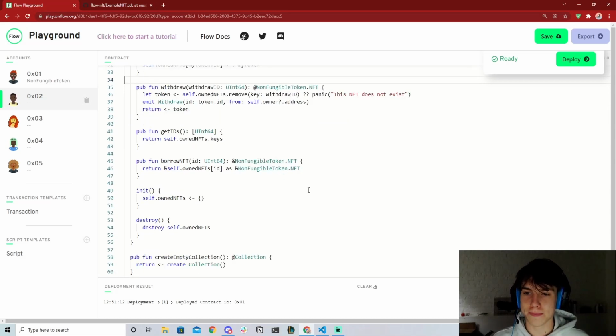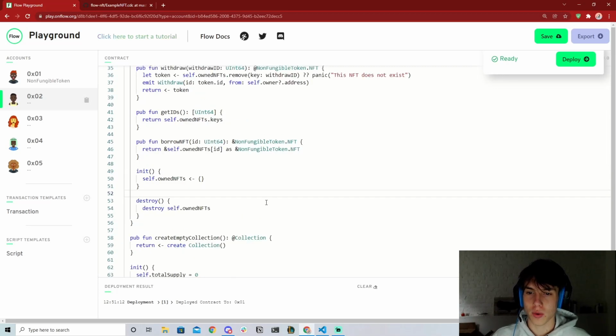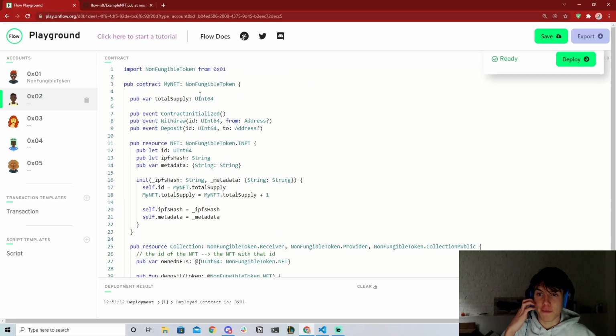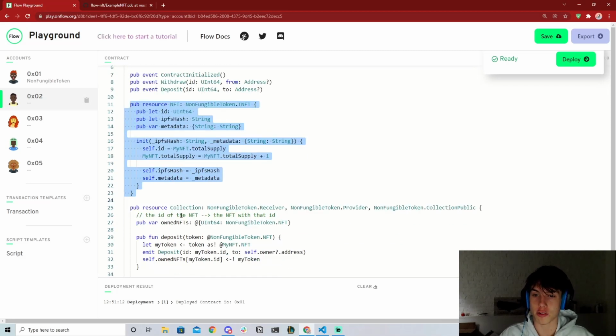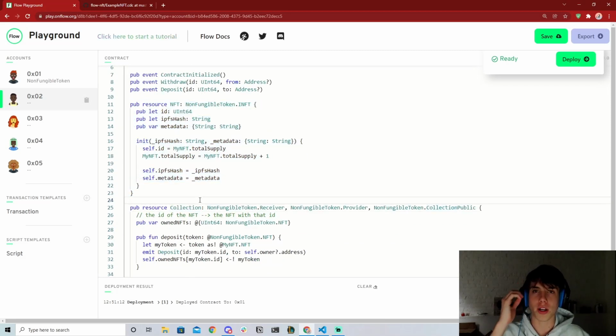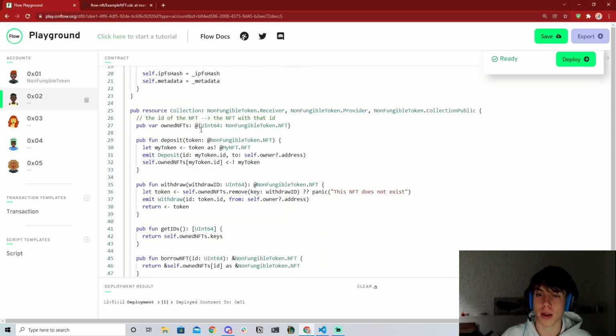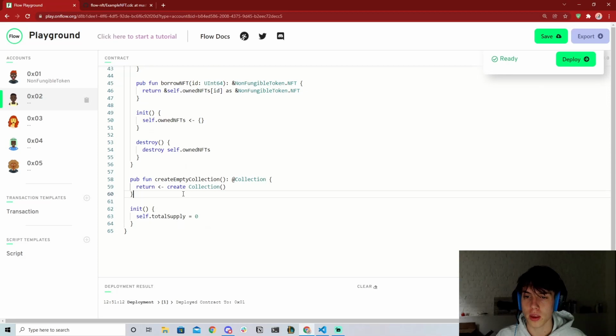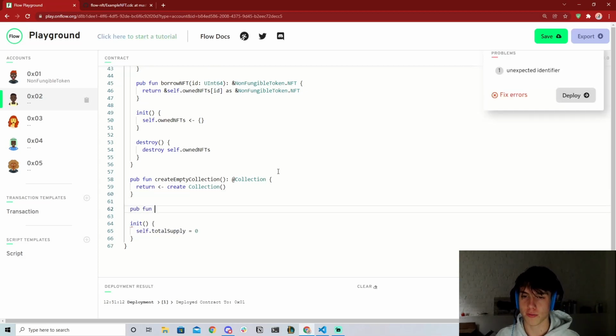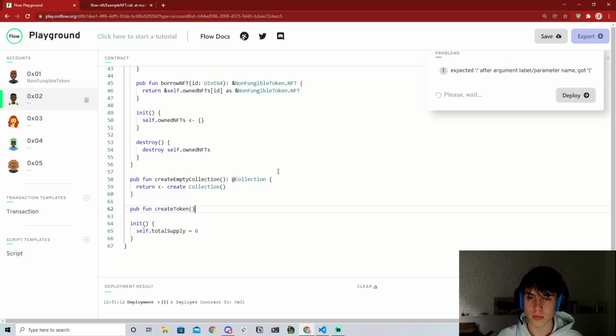So we basically have a contract that officially fits the standard, and it allows you to mint an NFT. It allows you to have an NFT and store it in a collection. Now, there's one other question: how do we actually allow people to get NFTs, right? Because on our platform, we want people to be able to mint their own NFTs and list them publicly for people to buy. So we actually have to add a public function createToken, and this is